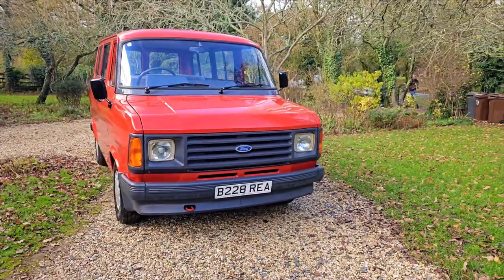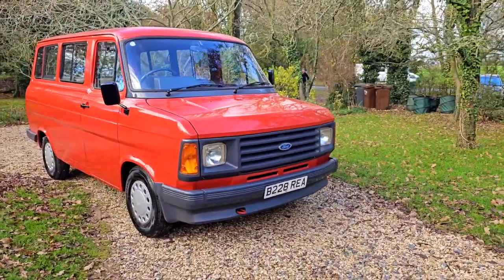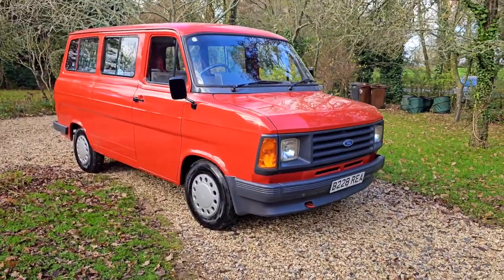It will be available on our website. It'll be priced at £27,995, along with a selection of other fine classic cars, which is Fine Line Classic Cars